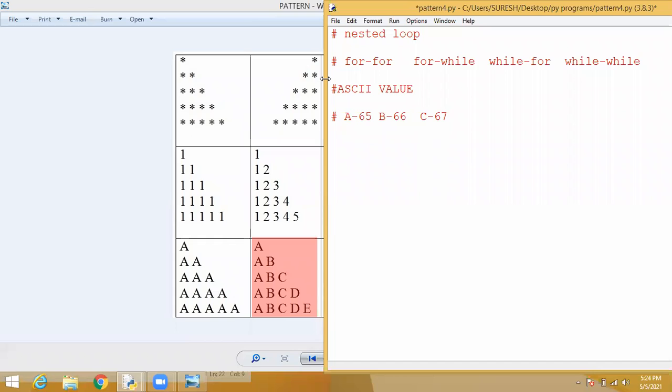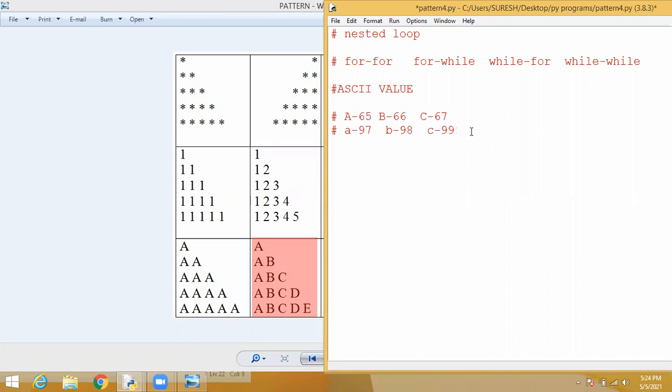By using this, we can increment one by one. But how to get the exact equivalent character for that integer value? That is our idea.